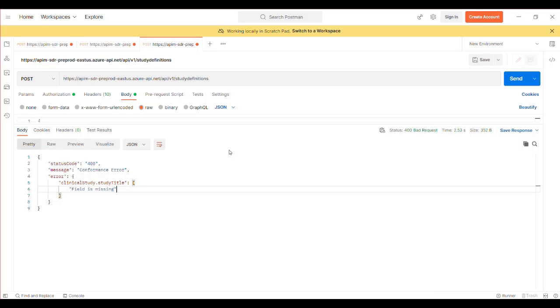The next is get endpoints. Get endpoints are used for retrieving study definition and related information that are in SDR. Get study definitions. Get study definition allows user to retrieve different study elements for a particular study for a specific SDR upload version. To invoke this API,